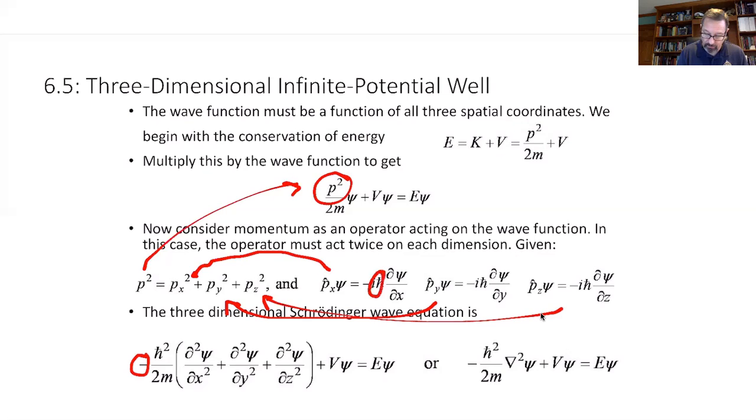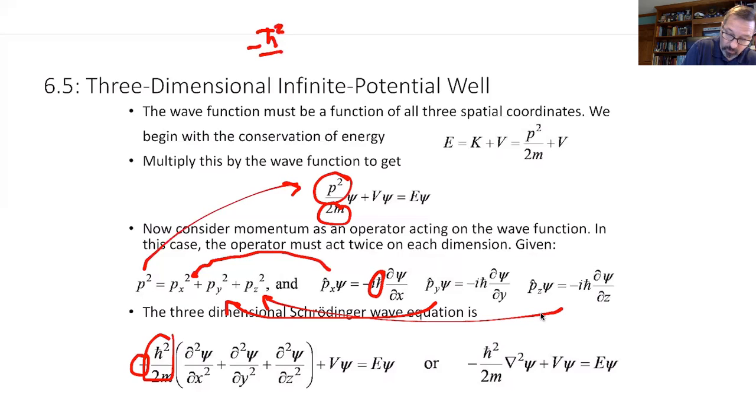So that would be h bar squared over 2m, which I also factored out. And then what I'm left with is, since this is squared, a second partial derivative with respect to x, a second partial derivative with respect to y, and a second partial with respect to z. And so the one-dimensional Schrodinger wave equation looked like what I'm writing up here at the top,